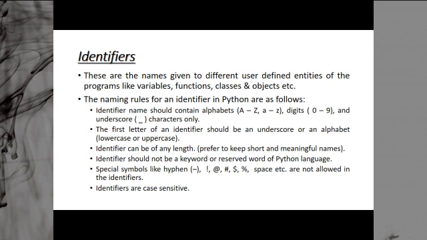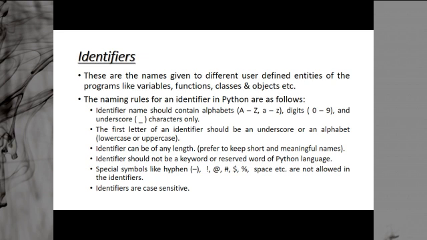And the second case: you can use 2 consecutive underscore signs at the beginning and end of the identifier in case of magic methods. Like there is a magic method called init to initialize a class, and a magic method called len to calculate the length of an object. These are Python defined methods, double underscore init double underscore.